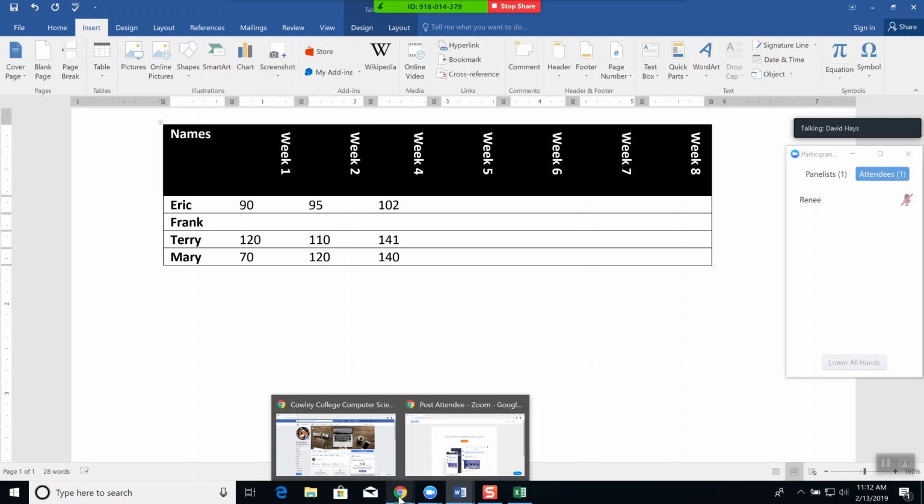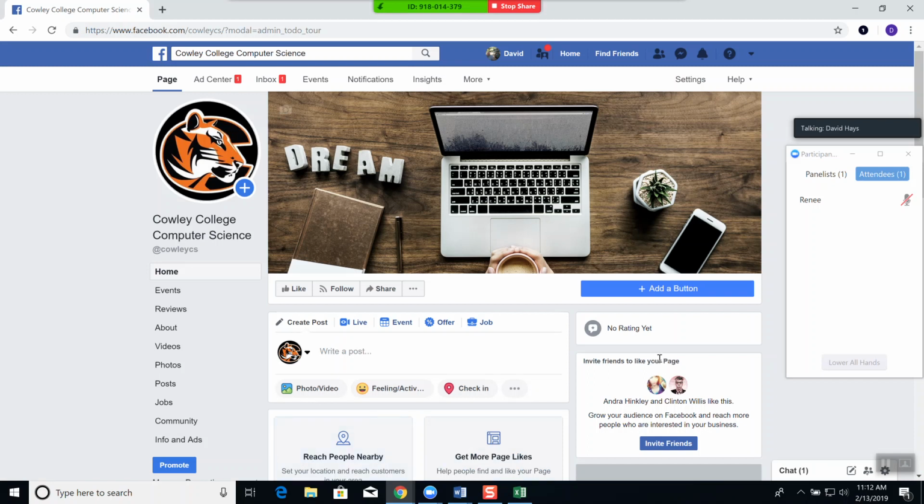Okay, so I got Callie's website here. Not Callie's. This is a Callie College Computer Science Facebook. This is also where you go to